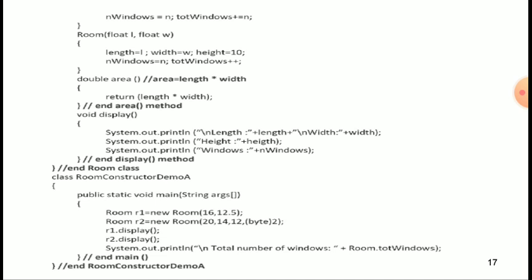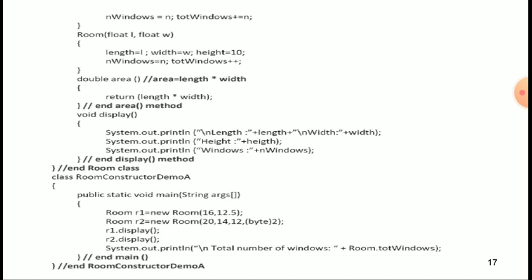Room(float L, float W), starting curly brackets, length equals L, width equals W, height equals 10, and windows equals n, totalWindows plus plus, end of the curly brackets. double area, that means area equals length into width. So return length into width, end of the area method.